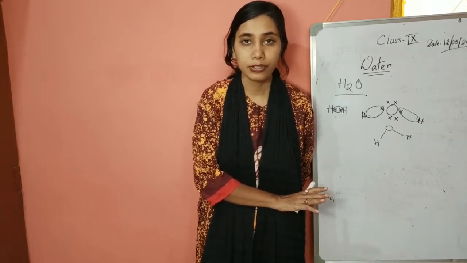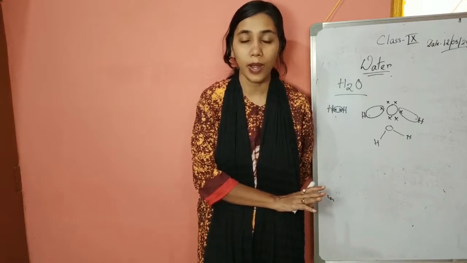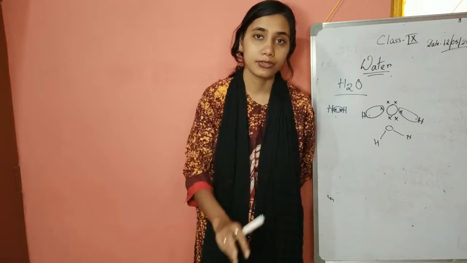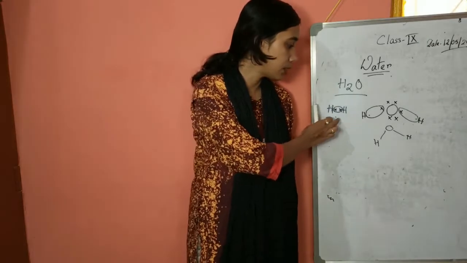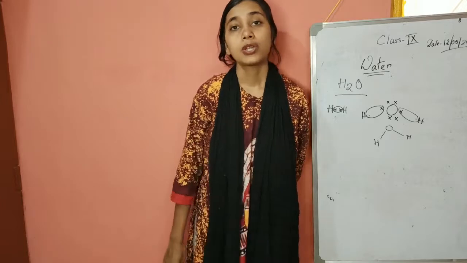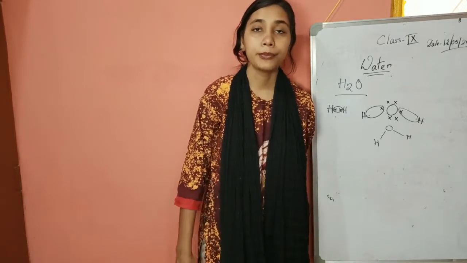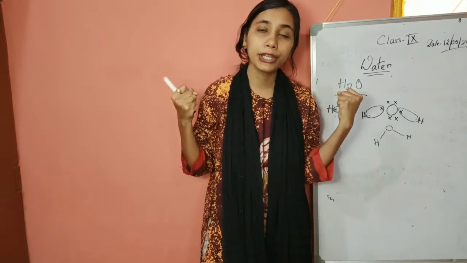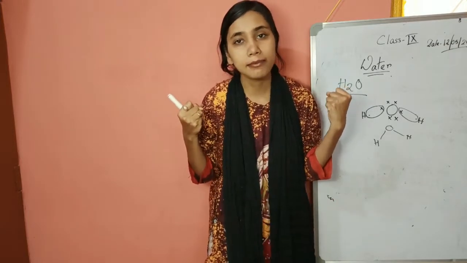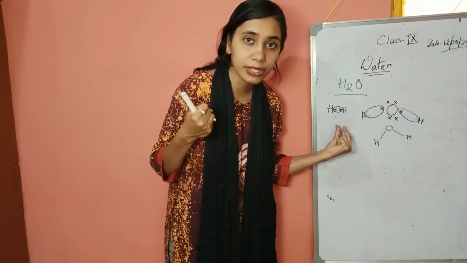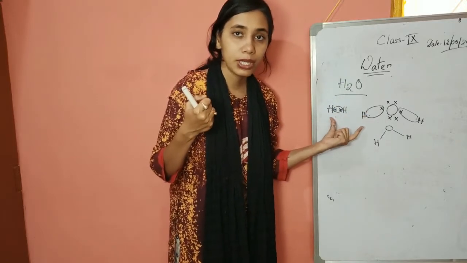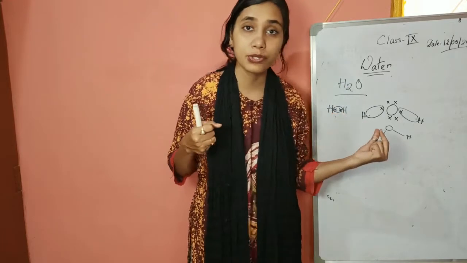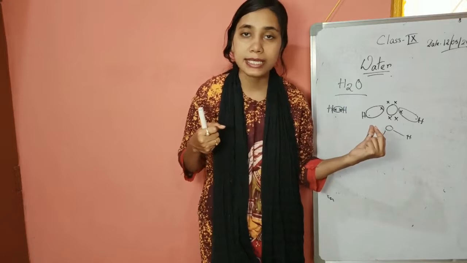Now after formation of a covalent bond, we need to see what kinds of atoms are present in water. Oxygen and hydrogen, two different kinds of atoms, and here in case of the hydrogen molecule, two similar atoms are present. So when there are two similar atoms, both of them have the same tendency to attract the shared pair of electrons towards itself in the same manner. This is called the shared pair of electrons. So both are hydrogen, so their attraction will be the same. So this shared pair of electrons will be distributed equally among the atoms.